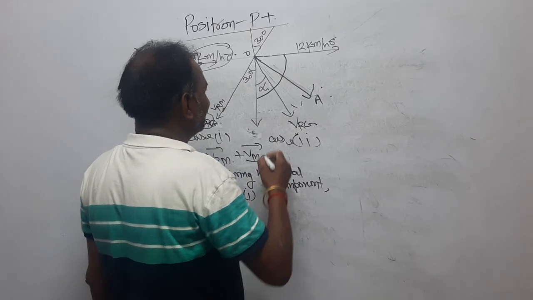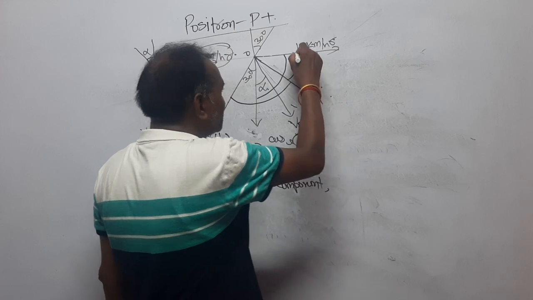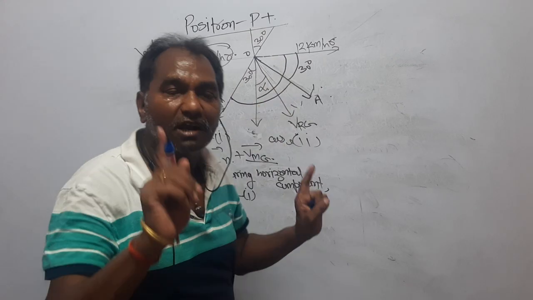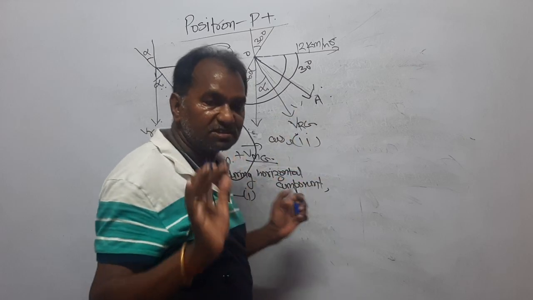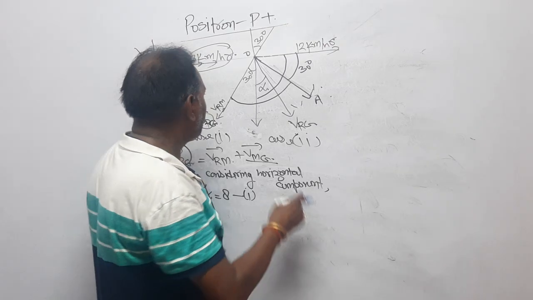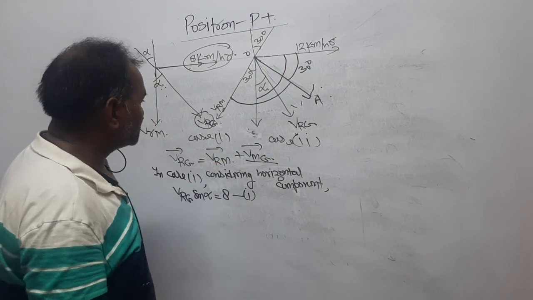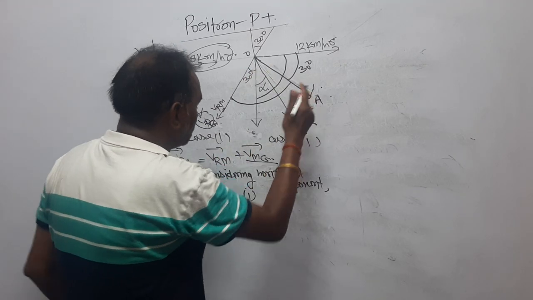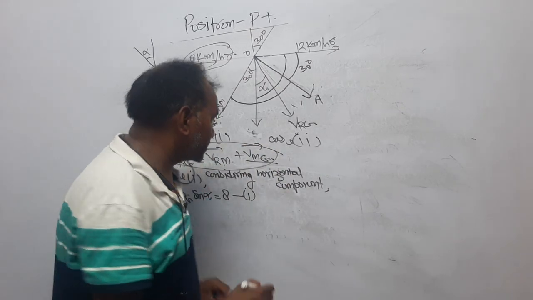Now, interesting. This whole is 90 degree, so this one is 30 degree. Complete angle from here to here is 120. This one is 30 and this is 90, so 90 plus 30, 120. Now in this case, we have constructed this line for convenience, to make it convenient to solve the problem. Now dear student, considering component of all these terms along OA,